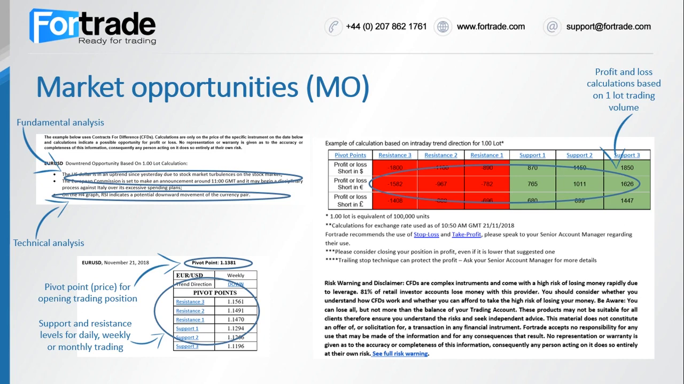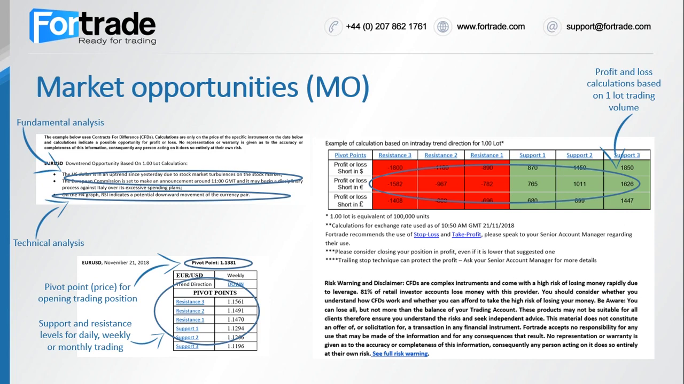At the top, you can see some geopolitical events and fundamental analysis that can influence the euro-US dollar currency pair. For example, the part on the EU and its disagreement with the Italian government over its budget, which has put pressure on the euro. When using a market opportunity, it's vital to look at the pivot point on which the